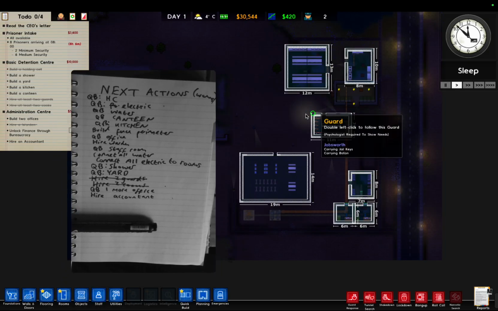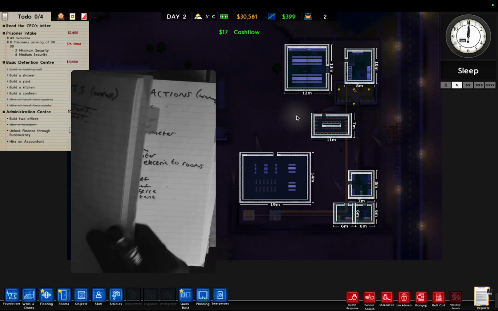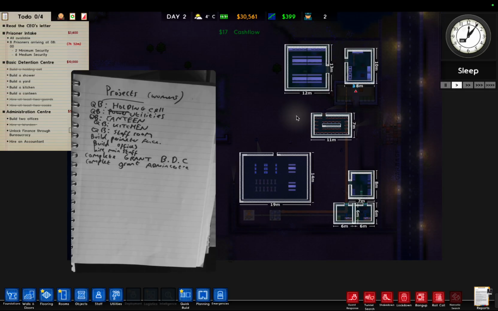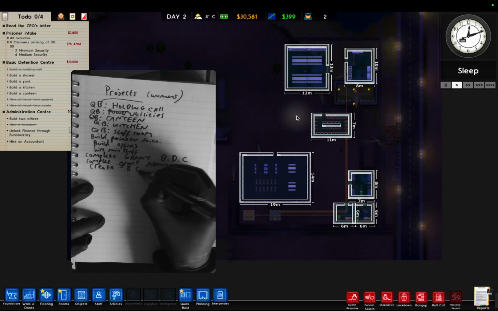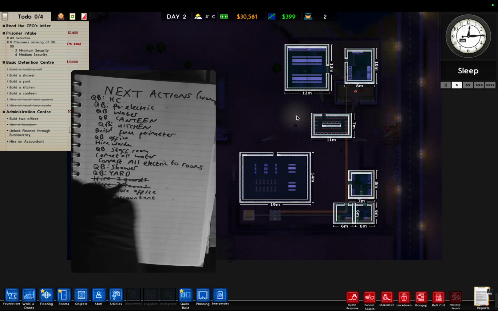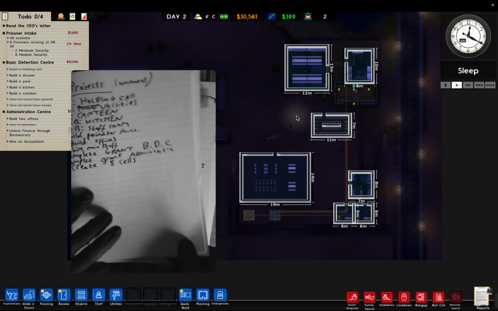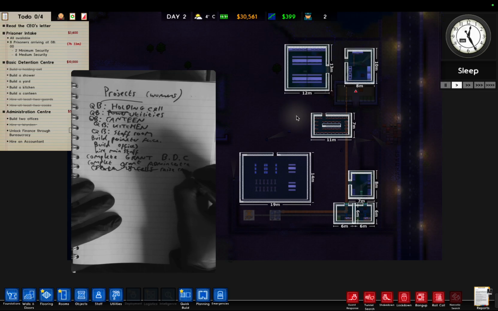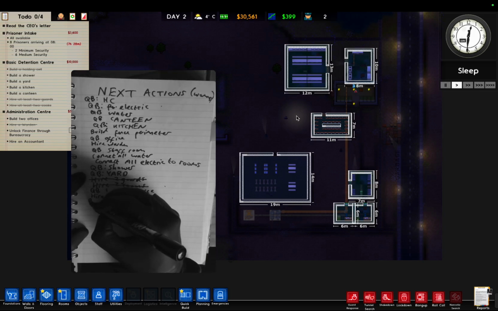We want to build some actual cells as well. That could be a project, because we're getting 8 prisoners coming. For women's, create 8 cells. Or would it be create 8 cells or raise? I don't know if it would be called that. Maybe it would be called raise capacity to 8. And then the next actions would be quick build